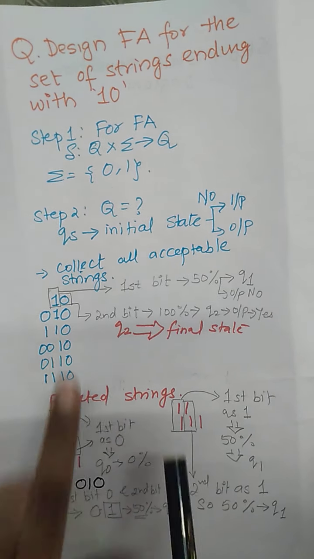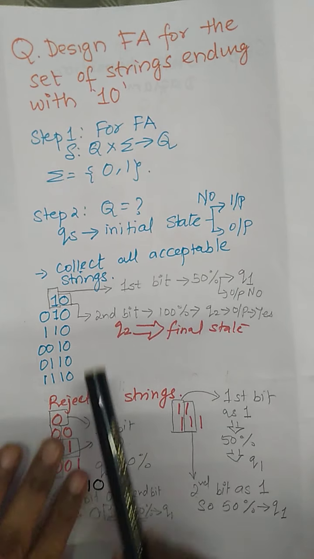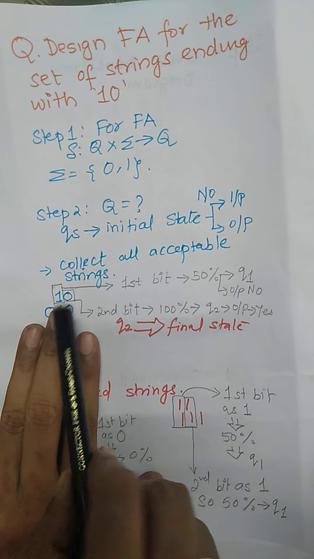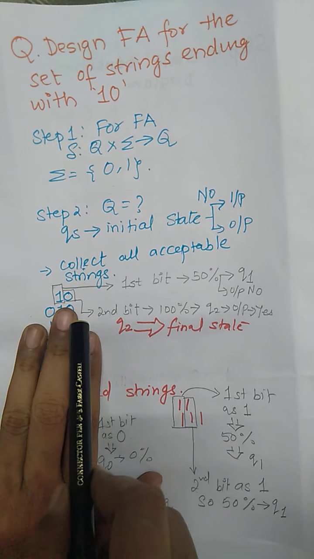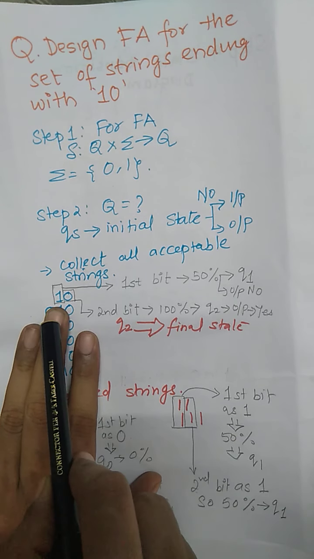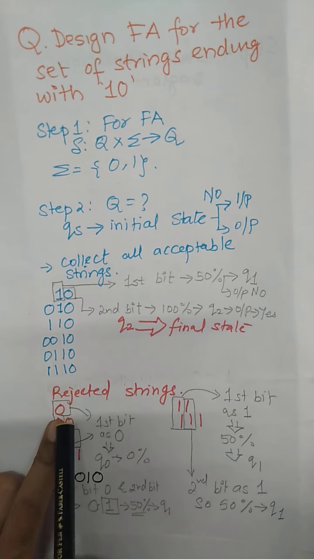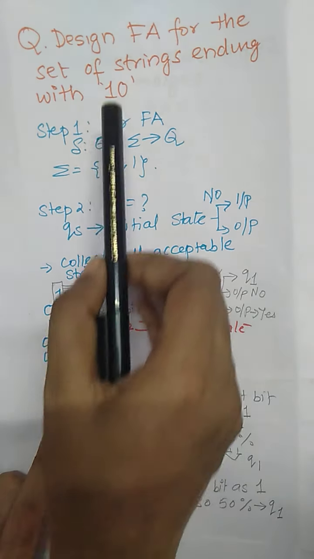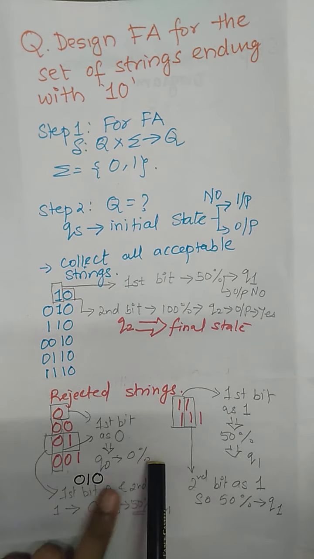We have already solved one question starting with 00, in which we considered the first bit and the second bit. The same method we are using here. As this is a single string which is starting with 1, it is starting with 1 and ending with 1 and 0 also. That's why this will be considered as the first bit and also the second last bit. Now in the case of a rejectable string, your string has started with 0. The string started with 0, we don't want that. Starting with 0 means the second last bit has to be 1, but it is 0. So this is totally rejected.